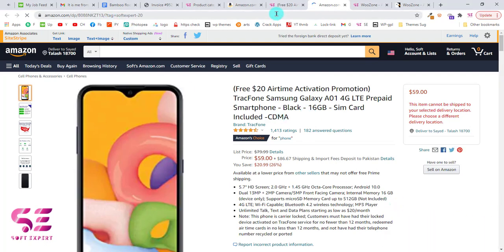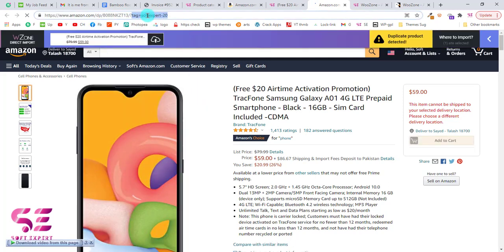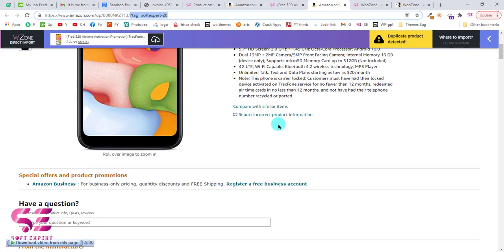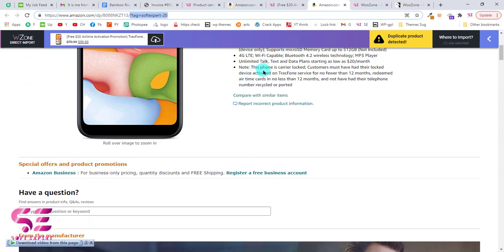Now if someone clicks on the buy now button, then as you can see we have our affiliate ID here. So every time someone clicks on that product, our affiliate ID will be present here. And the best thing about this plugin is that this affiliate ID will be stored in their browser for up to 90 days, which means that if someone buys this product or any other product on Amazon within the 90 days, then we will get the commission because our ID is already present there.